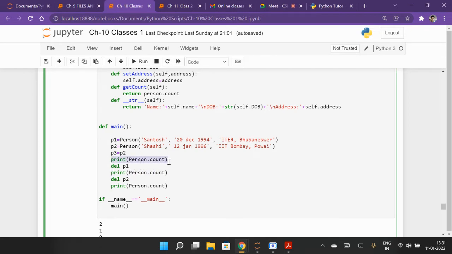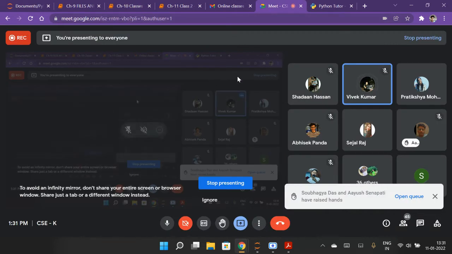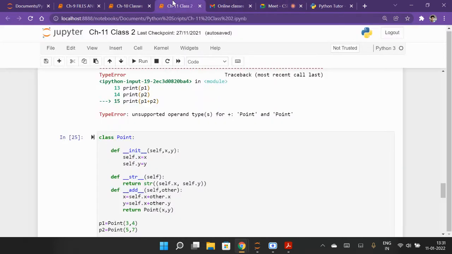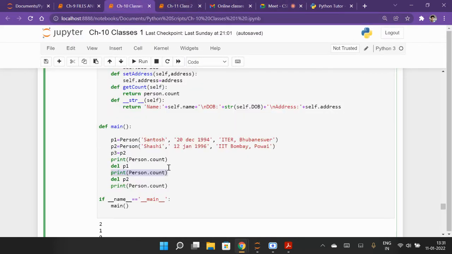This will give 2 as Abhishek said. So what will be the output of this? Sir, 1. Okay, 1. So this is also correct.